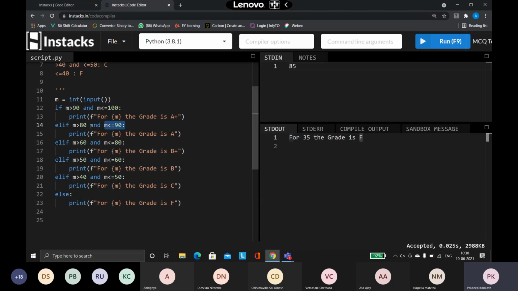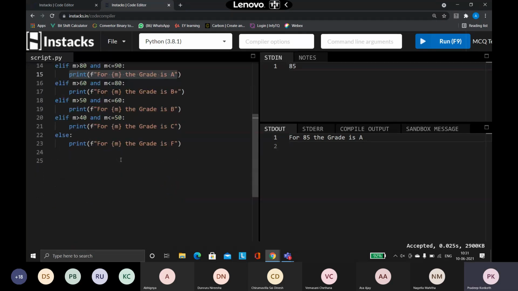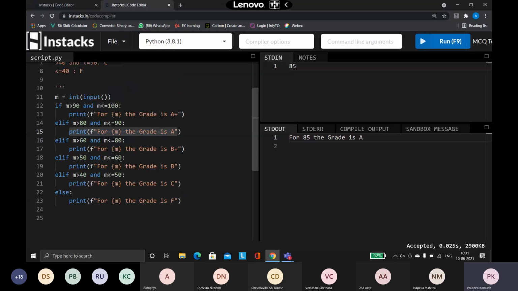Yes, both the conditions are getting satisfied here. So it will say true and execute this condition. So I'm going to get that for 85, the grade is A. Like this only your program is going to be working. This is the classic example of using your elif.